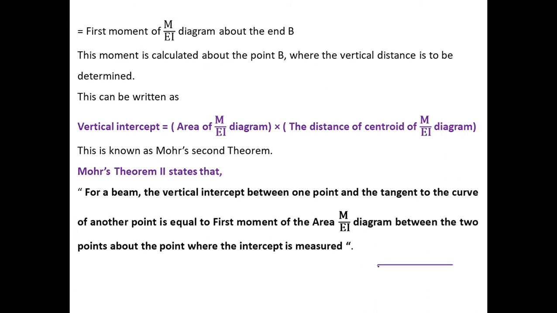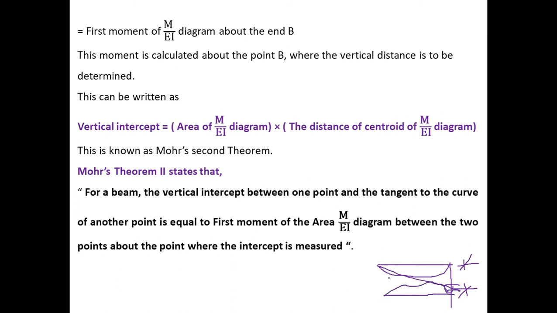So it is the elastic curve. Here we draw a reference line, that is a vertical line. Draw an intercept, draw a tangent from here. It intercepts the vertical line here. So the vertical distance, this is what we have to measure, right? It is nothing but the moment diagram, right? This is a moment diagram.